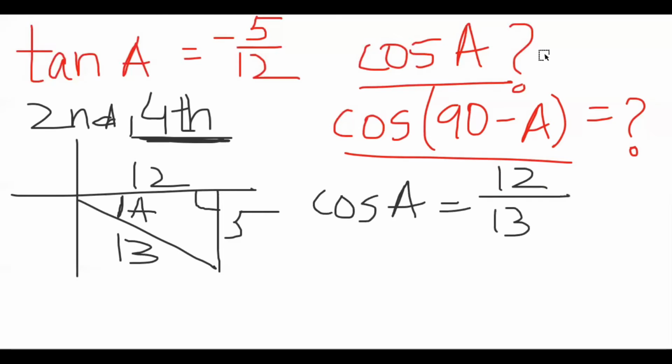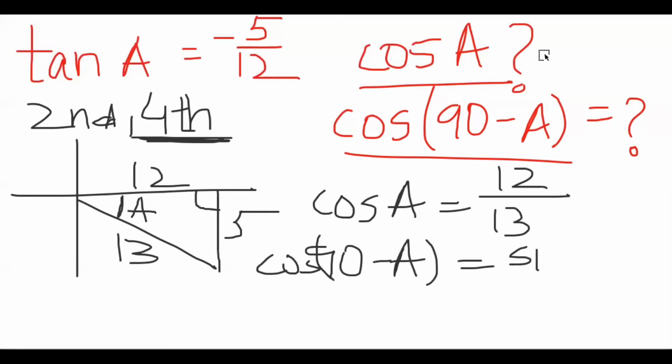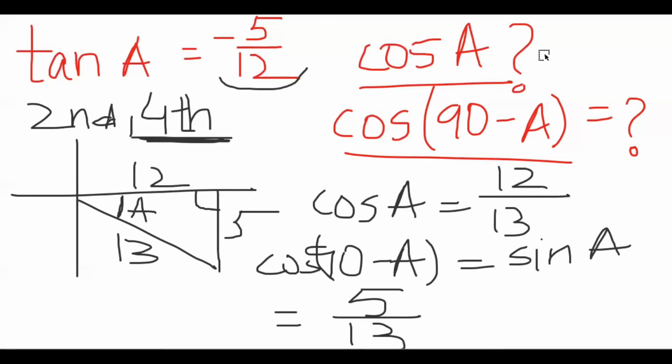And in order to take out cos 90 minus A, we can write it in simple words as sine A using the identity that we have, and sine A is going to be 5 over 13. So whenever we are given the fractions as we were given, we are going to determine the quadrant and draw the triangle. Drawing the triangle will give us all the values of all the three sides, and we can simply find out the trigonometric ratios of the angle that we have.